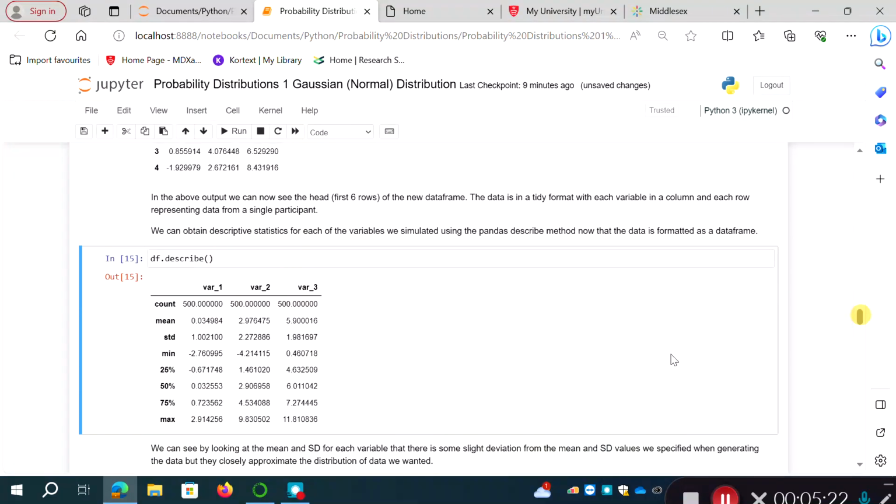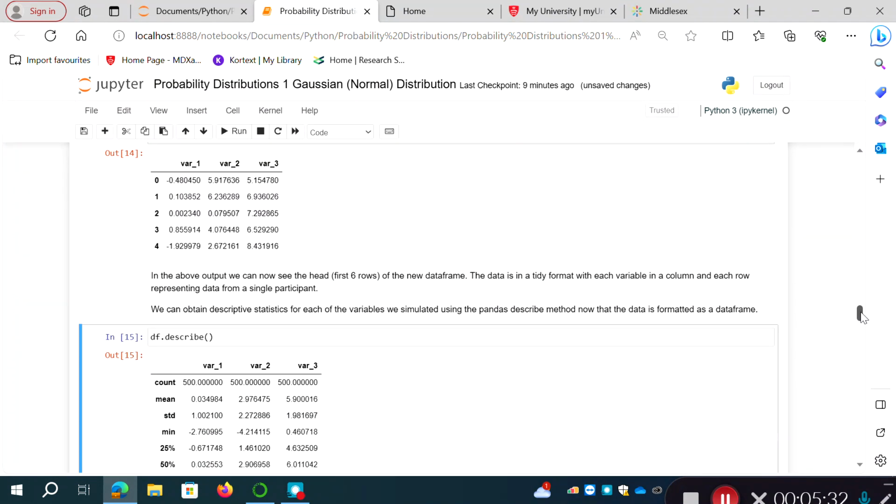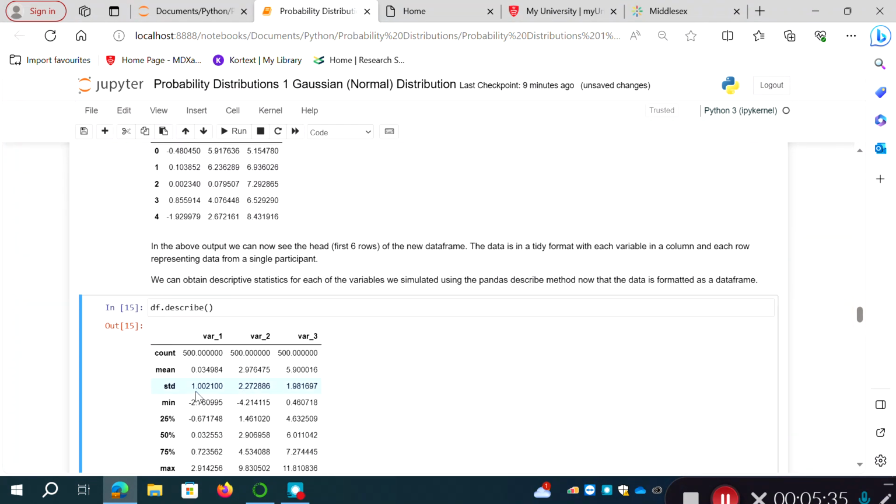So you can see for variable 1, we've got a mean of 0.034984, so it's very close to 0, and if you remember, we asked for a mean of 0 and a standard deviation of 1 for variable 1. The standard deviation is 1.002100, so they're not exactly 0 and 1, but they're very close, and there's always going to be some sort of random noise,